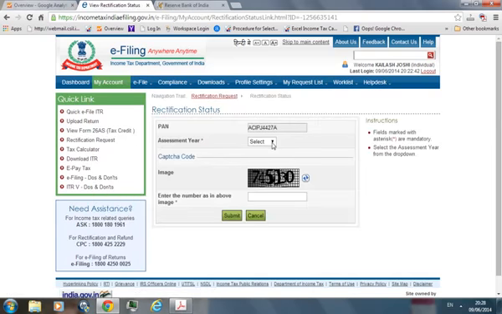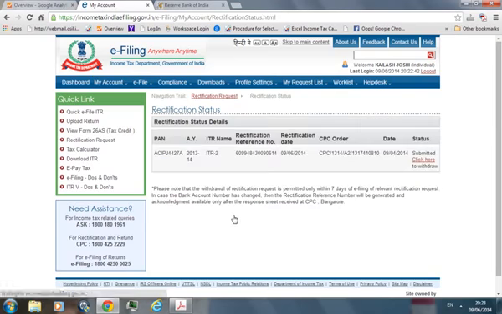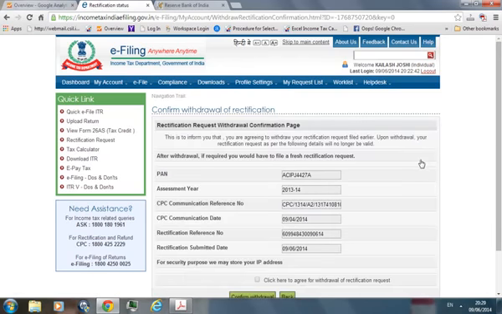Now let's check. Assessment year 2013-14 and the verification code 1130. Submit, and here you can see the rectification we have just filed, and here you can check the status also. And this is the summary of the